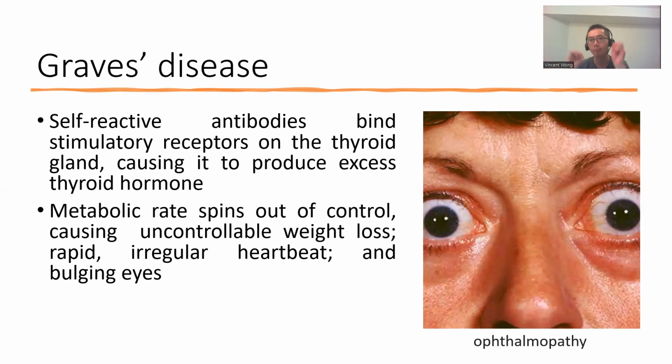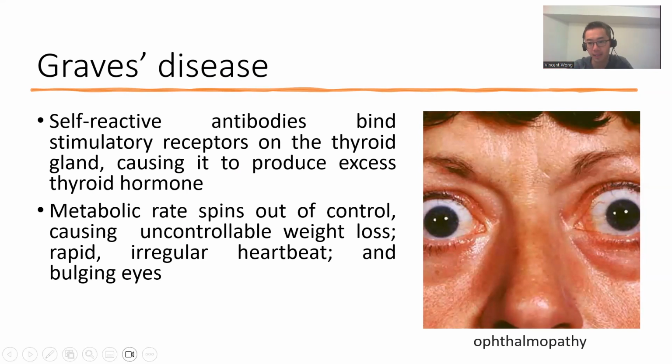It keeps pumping out these hormones that keep turning up your metabolism. So you would experience uncontrolled weight loss despite eating a lot. You keep burning up everything. You're going to have irregular heartbeat, be intolerant to heat, very agitated all the time, and you will also have this bulging eye